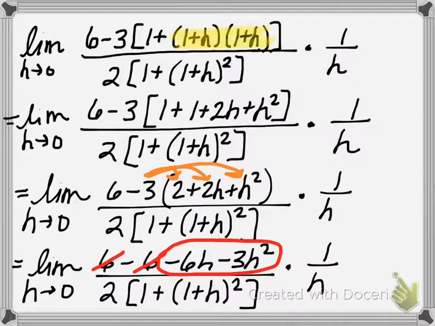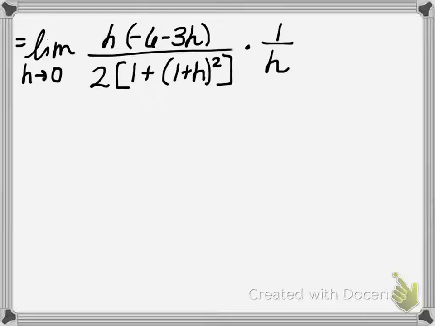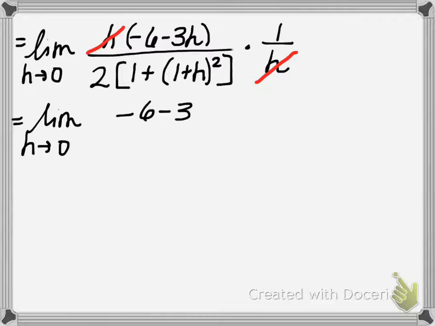So we will be able to factor out an h, which is great news because then we can divide out the h that we have in the denominator. So once you factor out an h from the numerator, we have h times the quantity negative 6 minus 3h. That allows us to then divide out the h in the numerator and the denominator. So our final limit here is the limit as h approaches 0 of negative 6 minus 3h divided by 2